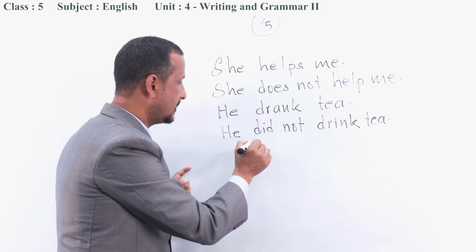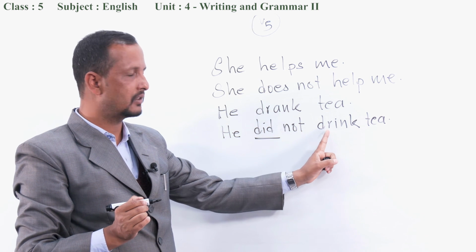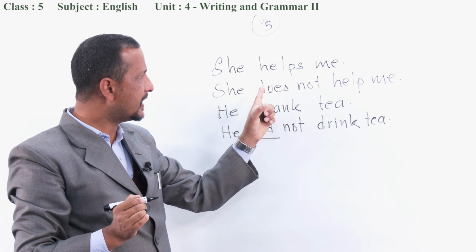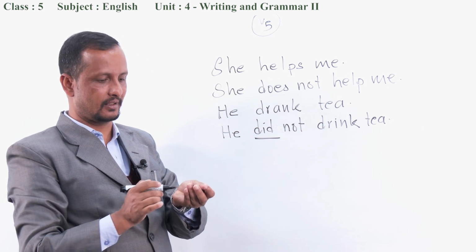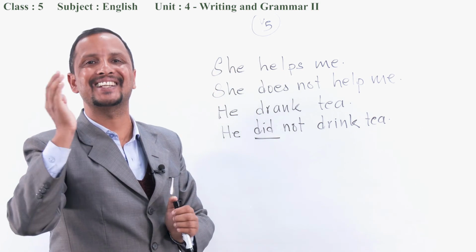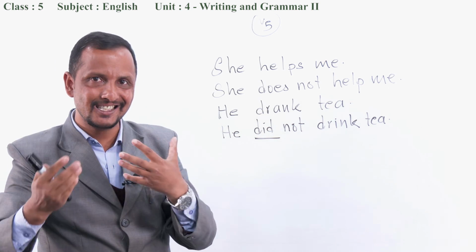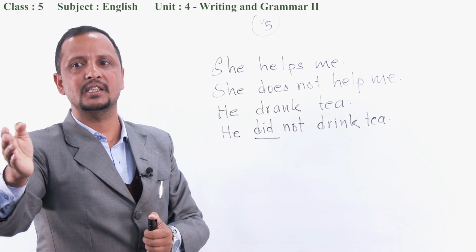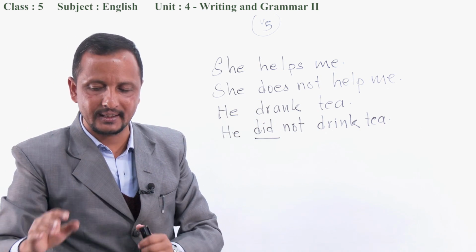What do we use? Yes, did. And here there is a slight change: drank changes into drink. The present form is written with did, and also with does we write the present form. So this is the only difference. Except for others, you can add only not to an auxiliary verb. For example, is not, are not, has not, will not, as you have seen earlier in our slide. Are you clear? Very good.